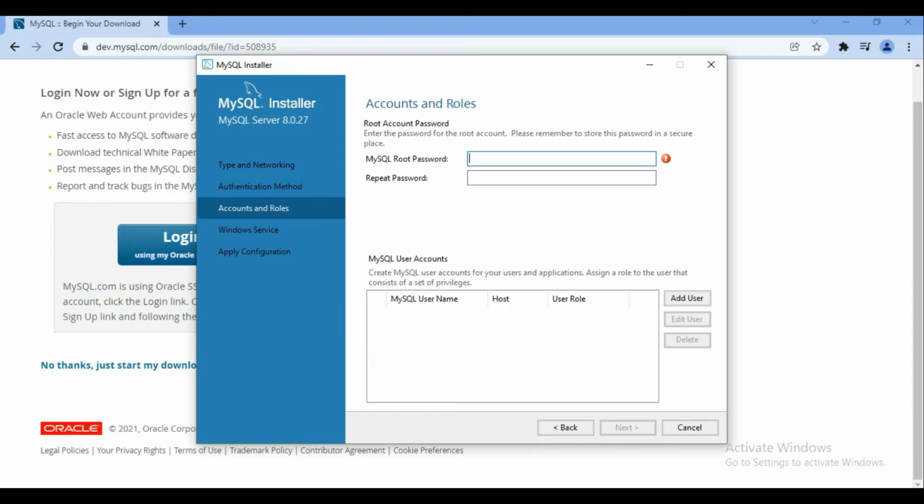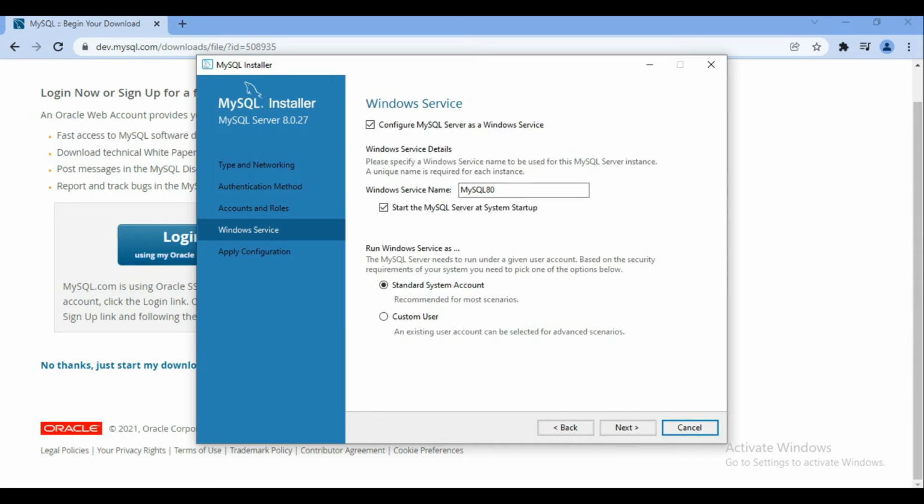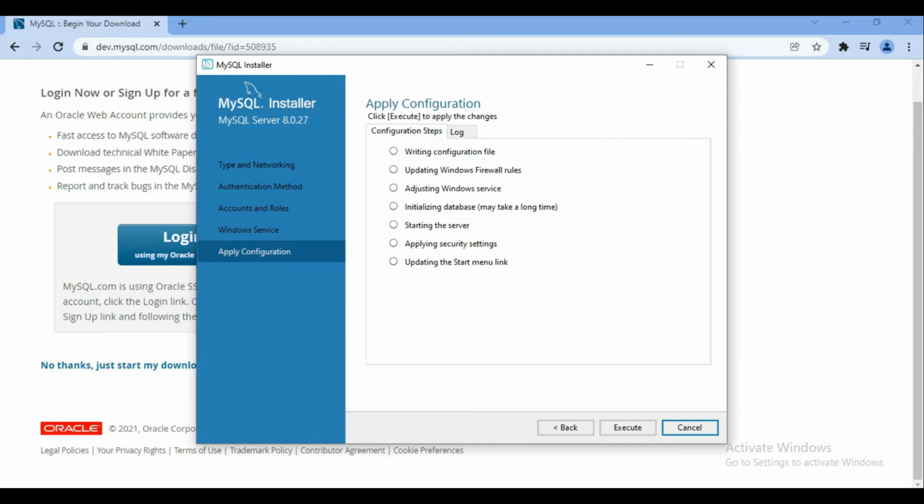So you have to remember your password and username in order to use MySQL. So use a password that you can remember easily. Let the default settings be there. Click on next. After that it will ask for some configurations, so you click on execute.